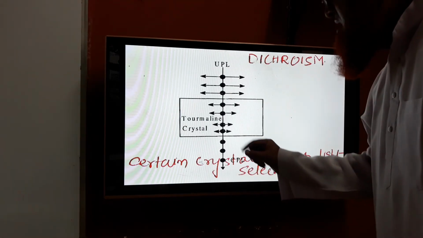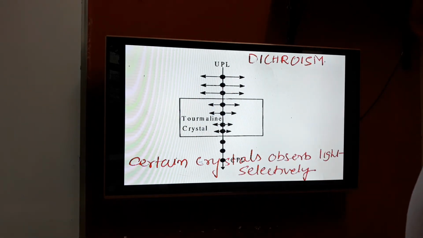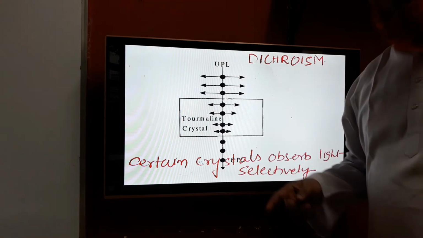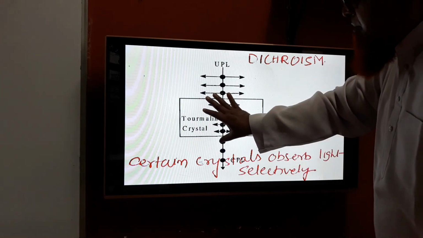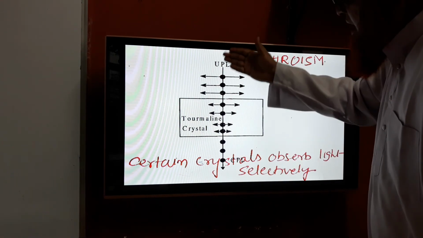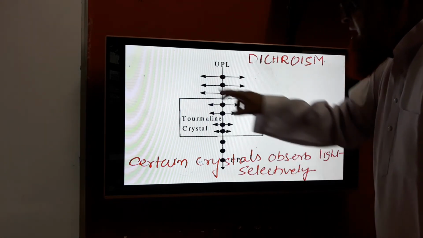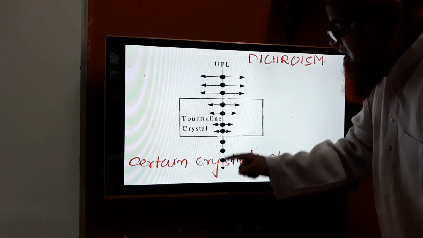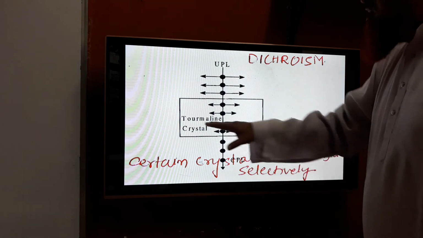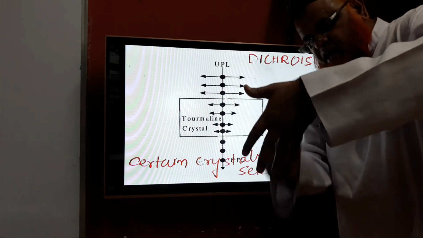Okay, the next process is polarization using a tourmaline crystal, which is also called dichroism. What do you mean by dichroism? There are some crystals like tourmaline. If you observe, this is unpolarized light. When unpolarized light enters the tourmaline crystal, the arrows are slowly filtered completely, and you observe that dots come out. The tourmaline crystal has vertical gaps like this. I told you already, they have vertical gaps like this.